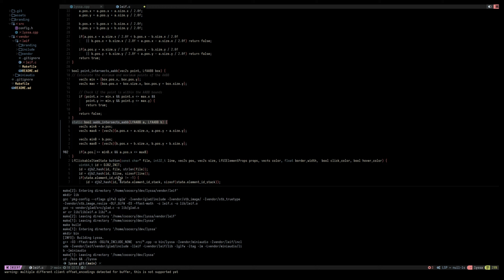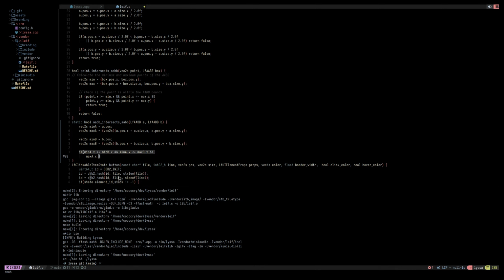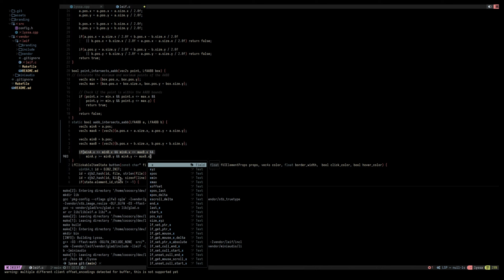So basically, if min a dot x, max b dot x, and max a dot x, I mean min a dot y, equal min b dot y, and min a dot y is smaller or equal to max b dot y. Alright, so if this intersects,